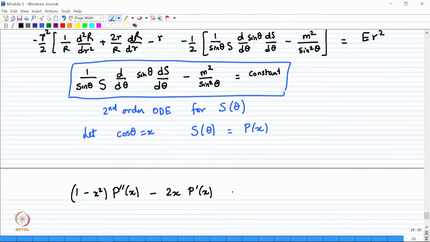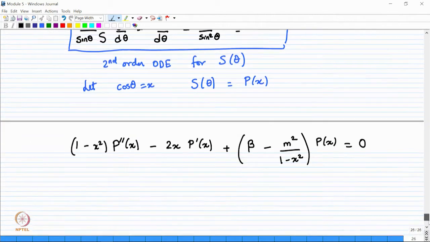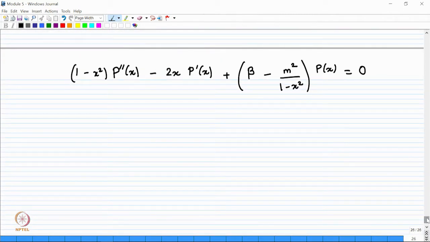Then this will become plus beta minus m square over 1 minus x square times p of x. Sin square theta is 1 minus cos square theta, so that is how you get this, and this is equal to 0. You can immediately see that this is a homogeneous second order differential equation in p of